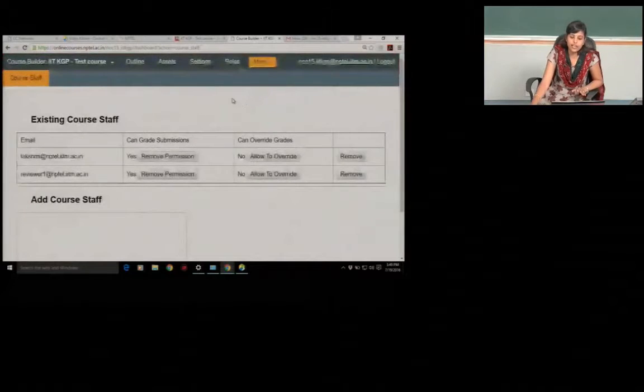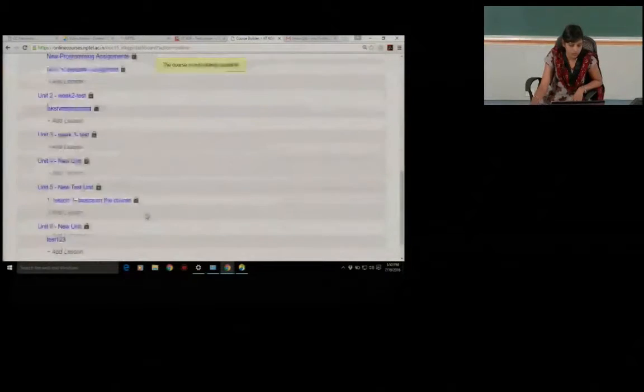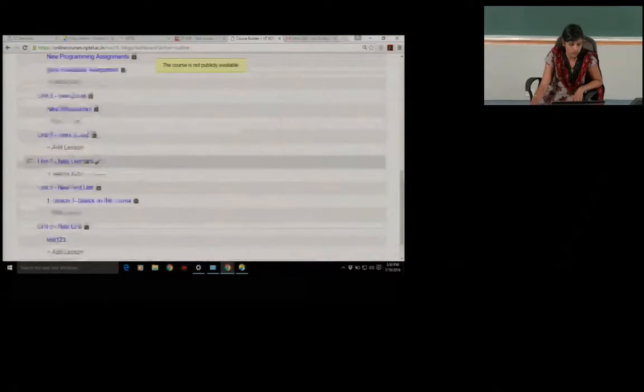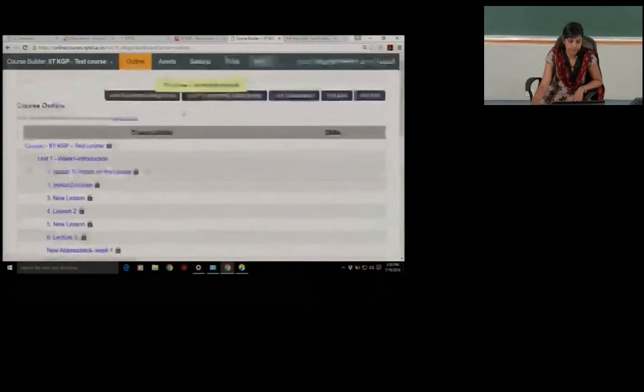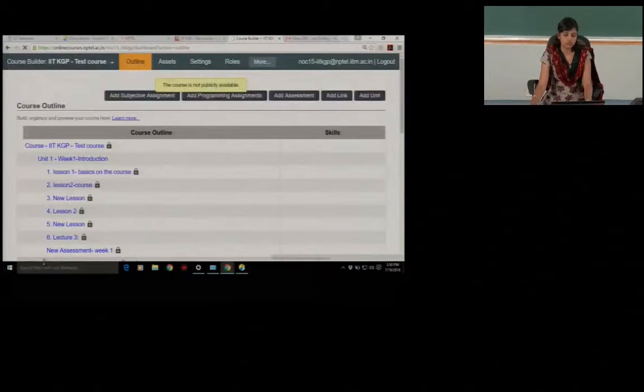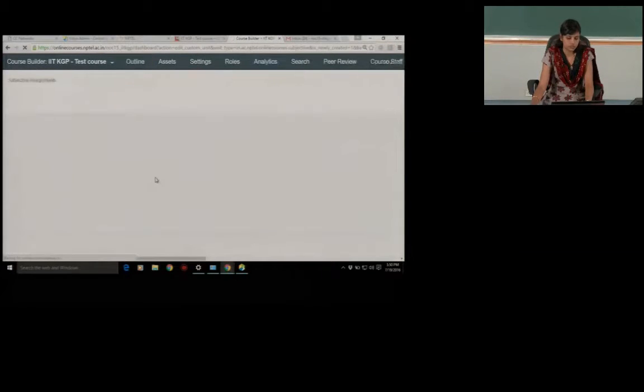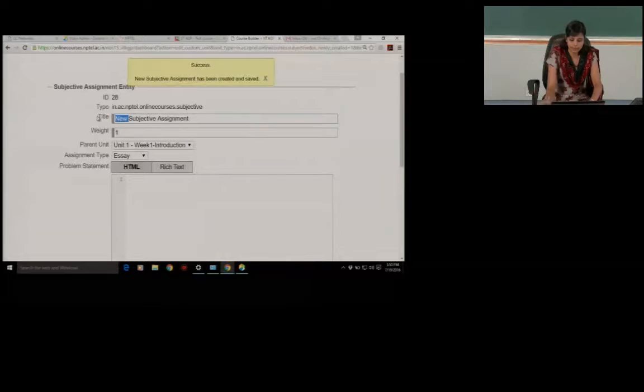So before creating the assignment, just follow the steps to add the course staff. Once you have added the course staff, you can create your assignment here.